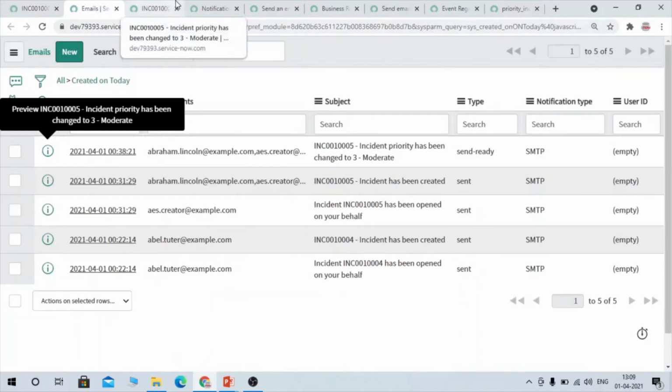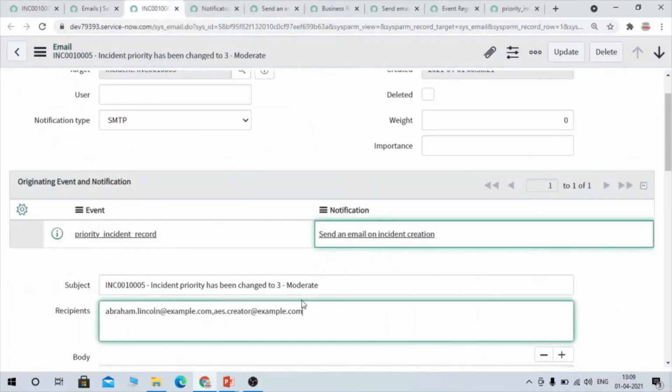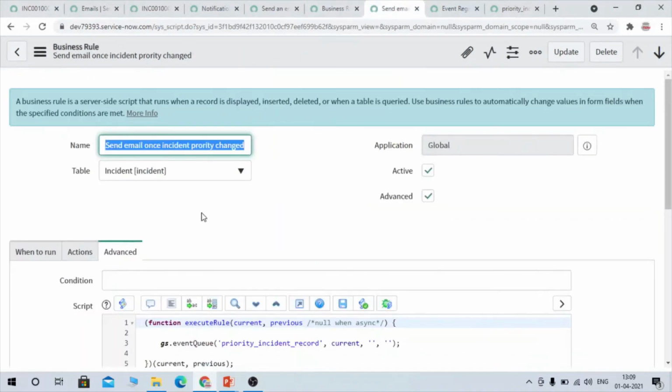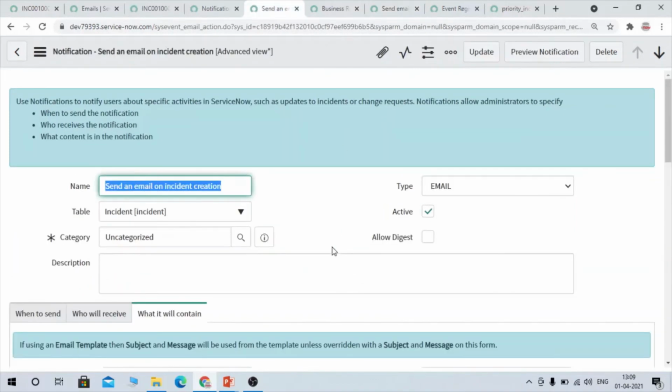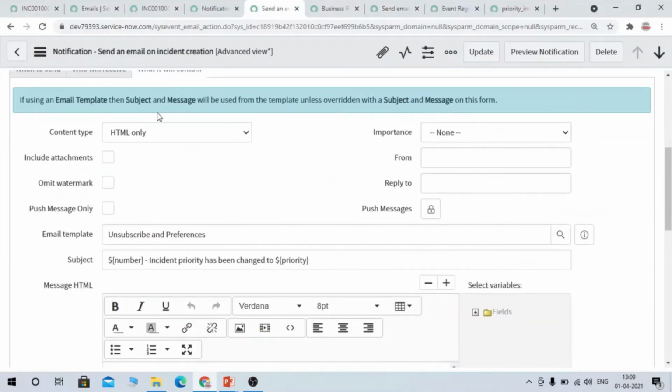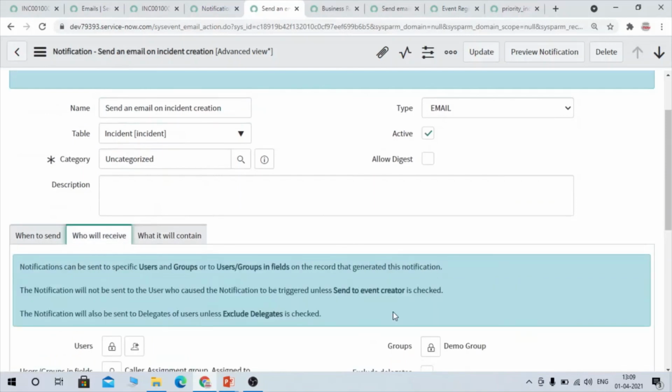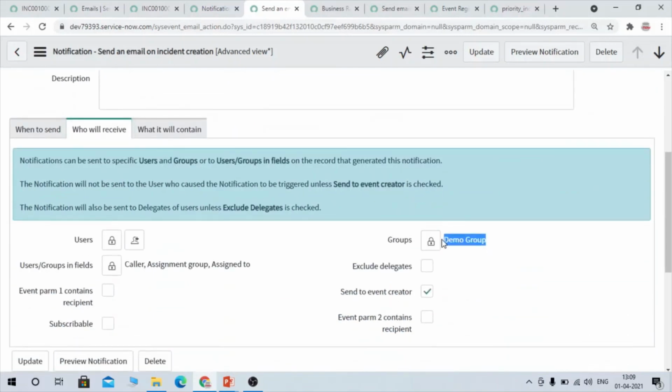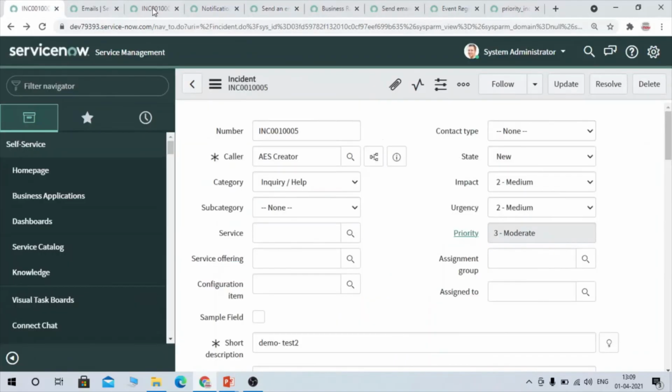So it has been sent to the, we had selected demo before, right? And I think we had not changed that, right? Let me check. Okay, so it has been triggered to demo group DL and caller, and we have not filled any assignment group or assigned to, so it has not been triggered to them.